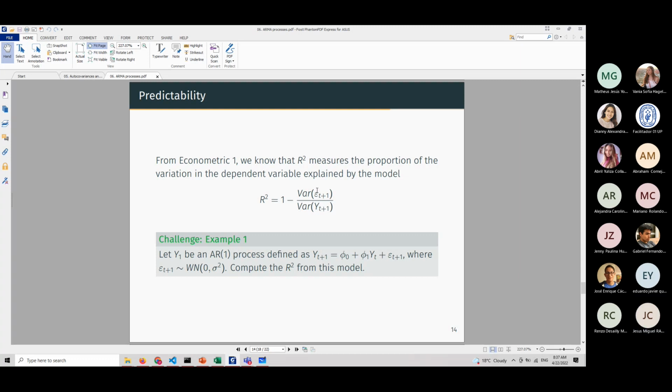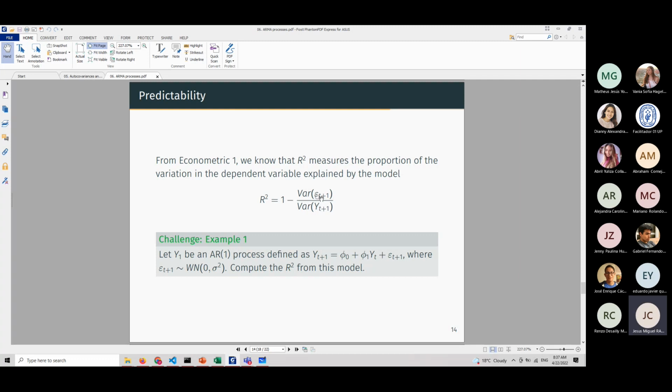The R square won't say anything about the predictability of the model, because by construction,